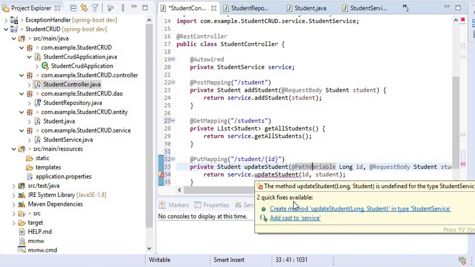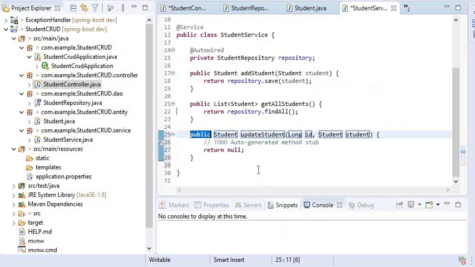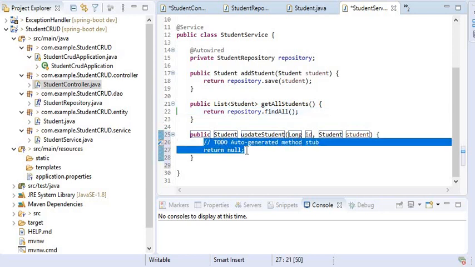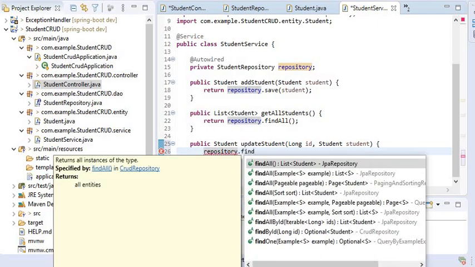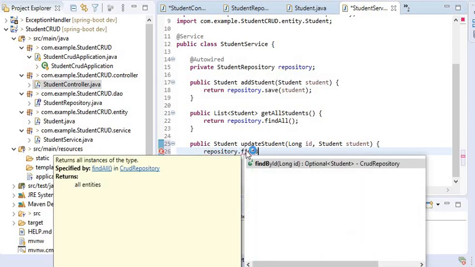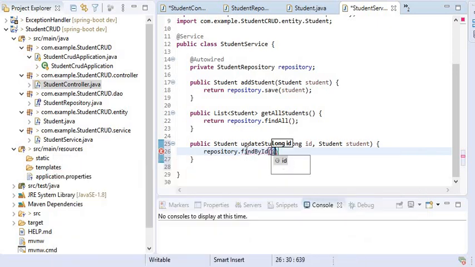Now I will go to my service layer, and here I will create one more function. So first here I will get student, repository.findById, and it will return the student object.